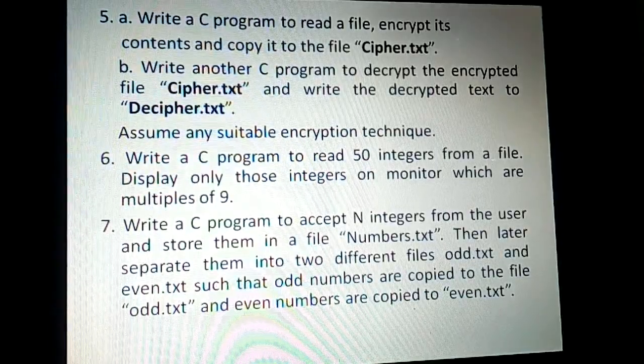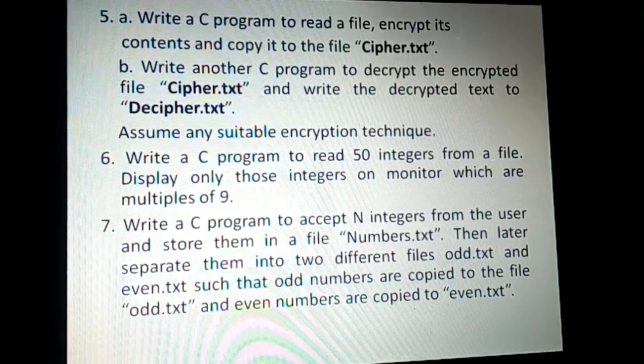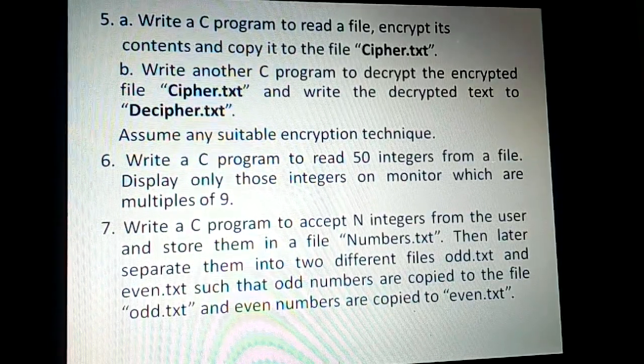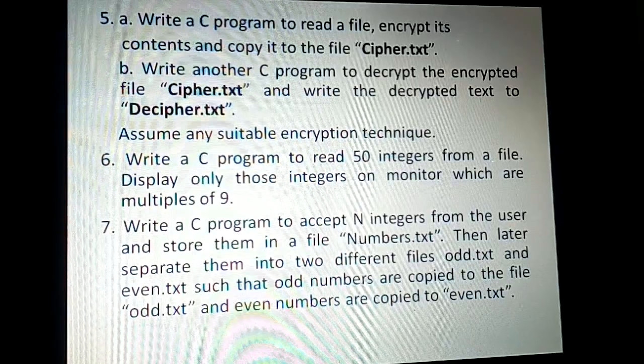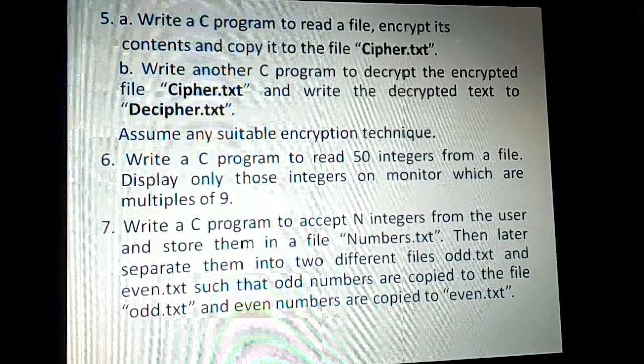Then we also saw a very interesting program, that is how to encrypt and decrypt using a technique which was used to encrypt a single character into the next character, next ASCII value.